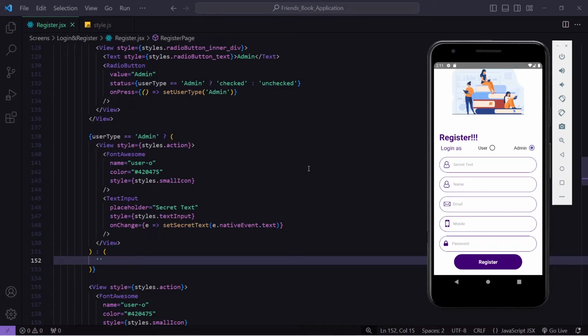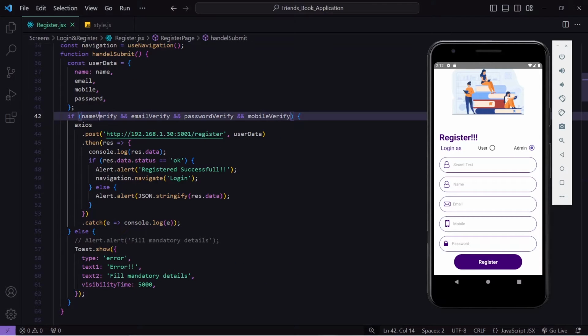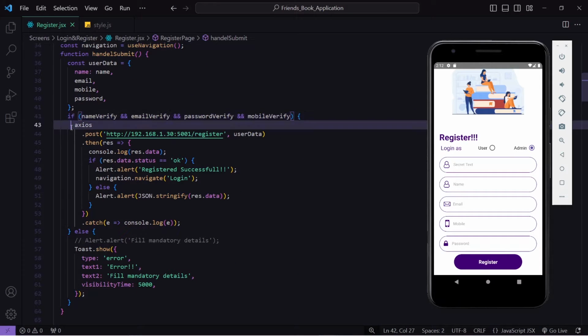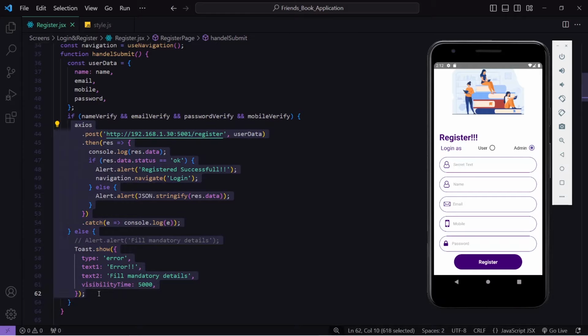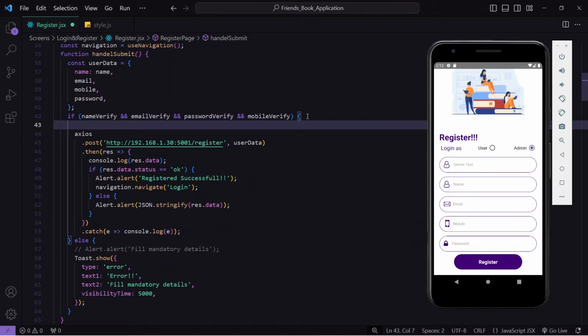Great. Now let's go to the handle submit function. Here you can see I have added this condition that if my name verify and email verify are true, then I am directly posting the data to Axios. This name verify and email verify is the format of our text data. So we will keep this condition as it is. Inside this condition, I will try to add one more condition, which is if my user type is equal to admin and my secret text is not equal to, this will be my secret text, which is for now